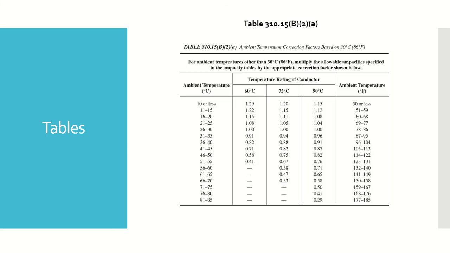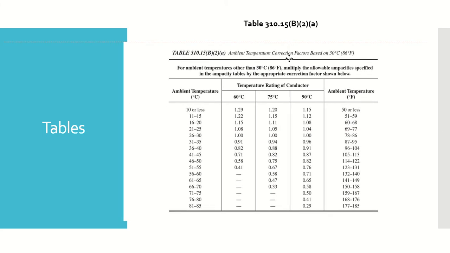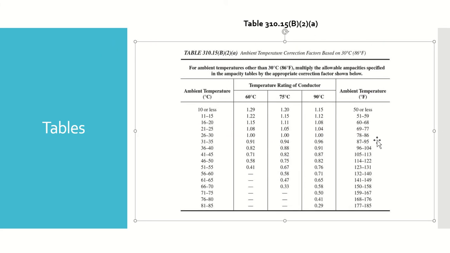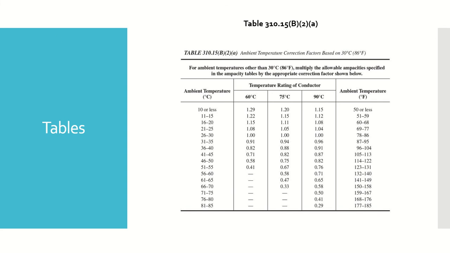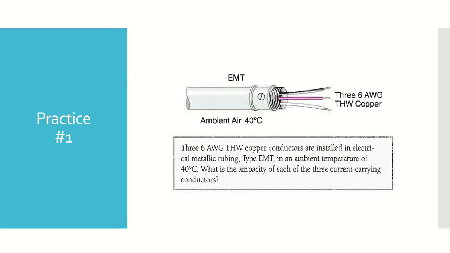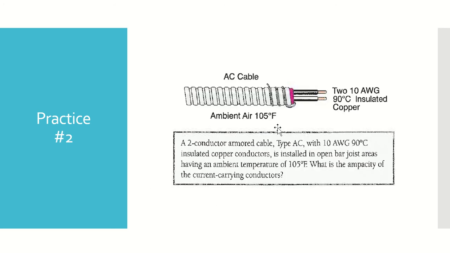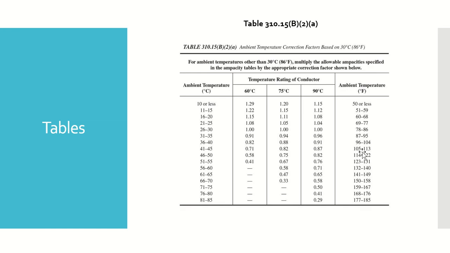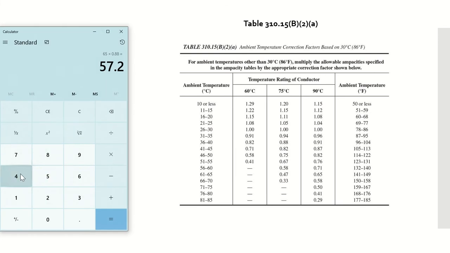We said we needed to do an ambient temperature correction. So for 105 degrees Fahrenheit, we need to multiply this by 0.87. So now I'm going to take 40